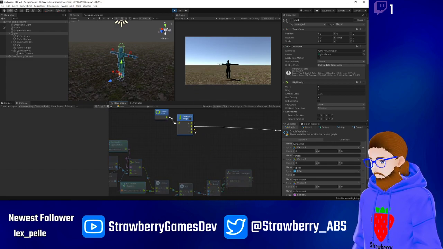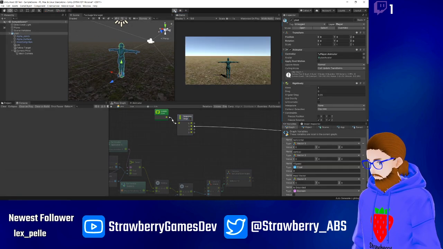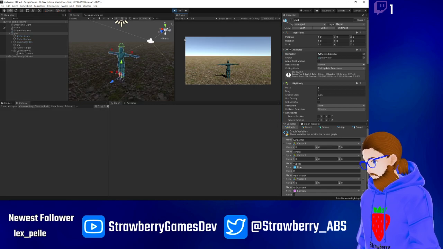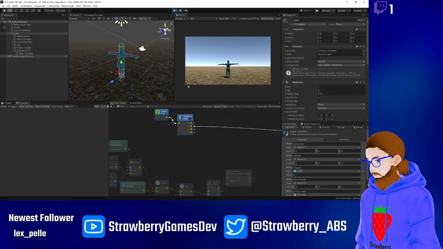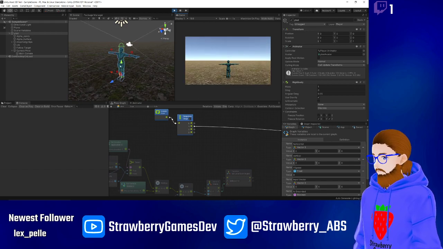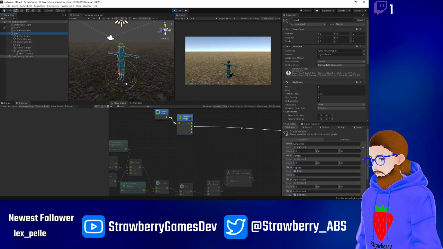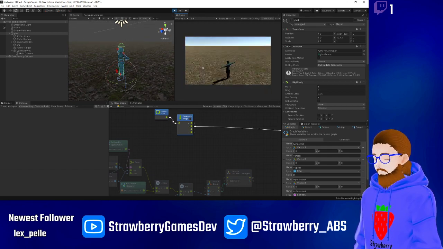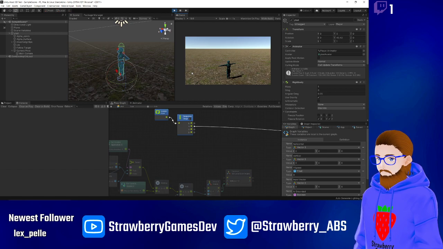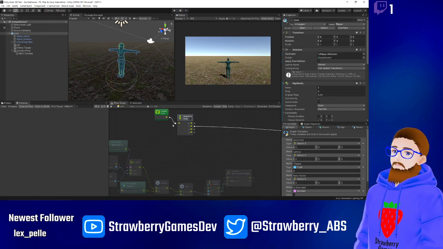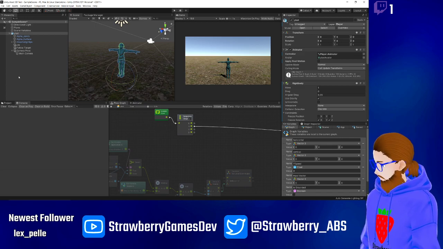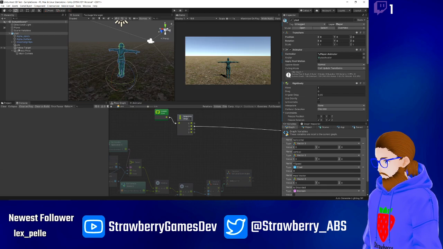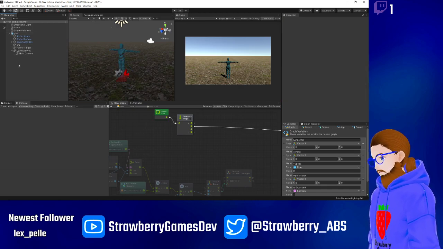Hold on, I have an idea. If we completely disable this entirely, okay, let's restart with that still disabled. What does it do? Works as normal. Okay, that's good. But then what would happen if we rotate Ybot? It freaks out. And it only rotates that much. That's interesting. I assume it's got something to do with the camera pivot being a child, but